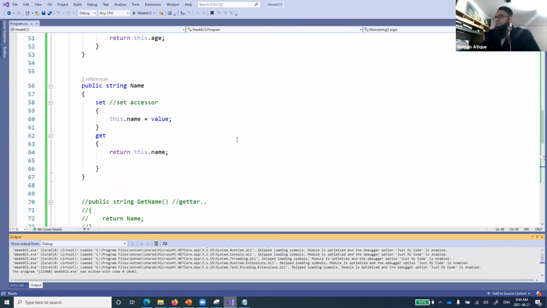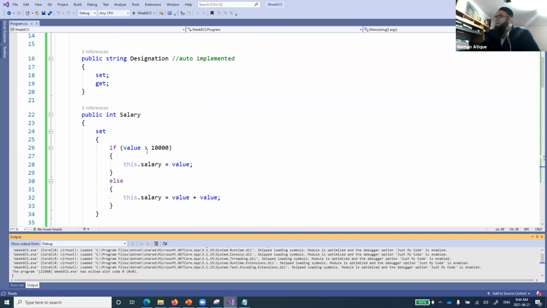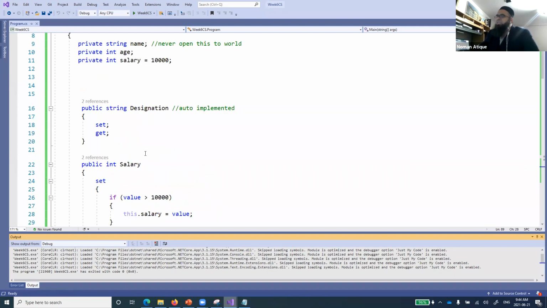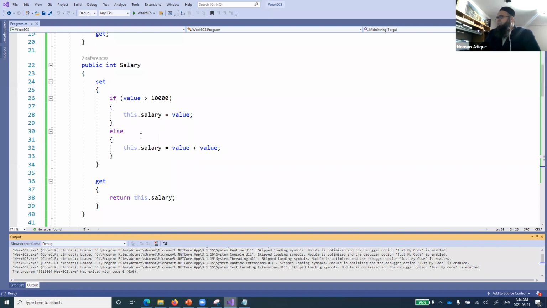So now what I'm trying to say here, listen, because you are implementing some logic on this salary, you cannot make it an auto implemented one. You understand what I'm saying? An auto implemented property is one that does not implement any logic behind it. You have just values, and you are just using the setter and getter accessor, set and get accessor. So you do not want to use any logic behind that. But here in the salary, we are using a logic. Right? So it's basically when setting the logic.